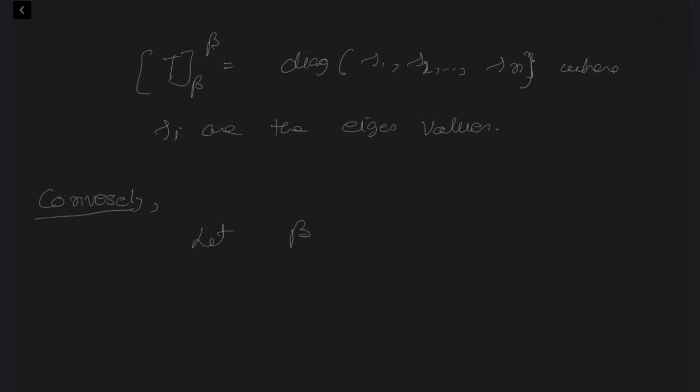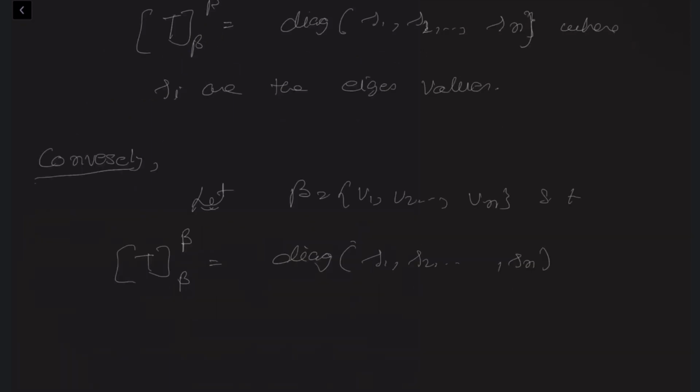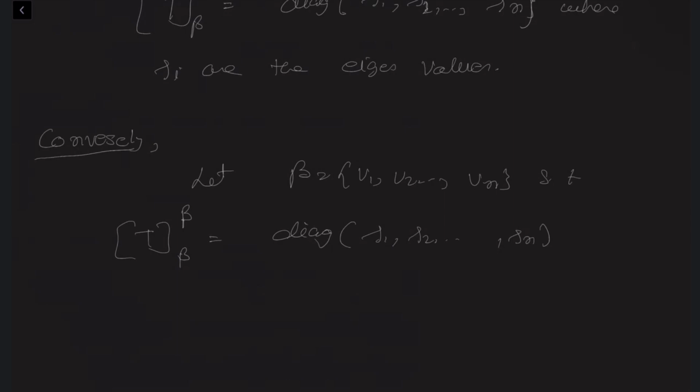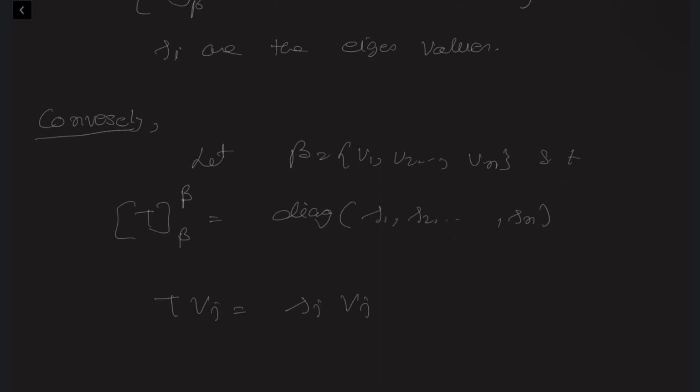that beta is a basis such that the matrix we get corresponding to beta is a diagonal matrix. That is, it is a diagonal matrix with diagonal elements lambda 1, lambda 2, up to lambda n. So what does it mean? It means that T of Vj is nothing but lambda j Vj, again by definition, for j equals 1 to n,